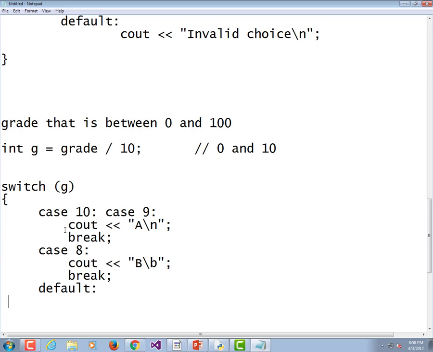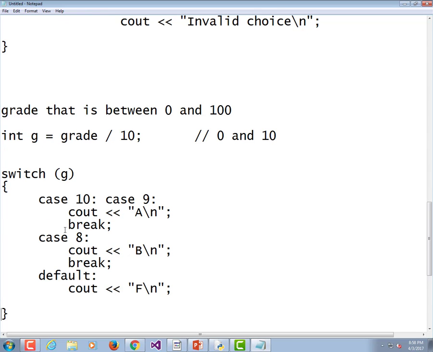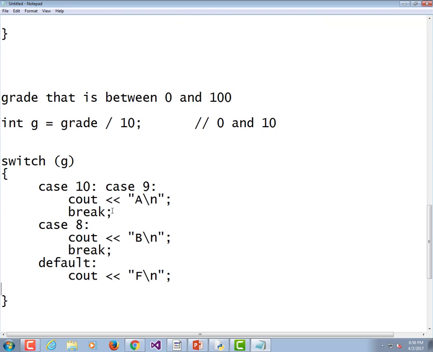Again, this is the harsh grading scale. C out, F. So here we got away with checking ranges by dividing by 10 and rounding it to a whole number. You're not always going to be able to do that, but for grades, our grading systems are typically 80 and above's an A, 90 and above's a B, and stuff like that, so